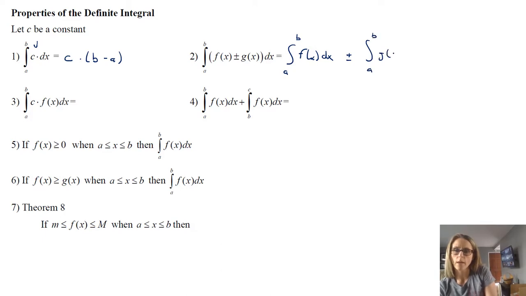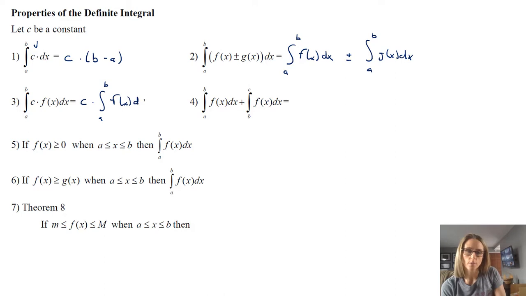So you can look at them as each piece if you want. In certain cases that might be handy, so they can be separated in that way. Here you've got that constant again. Not surprisingly, it can be pulled out, and you can multiply your end result by the constant later.